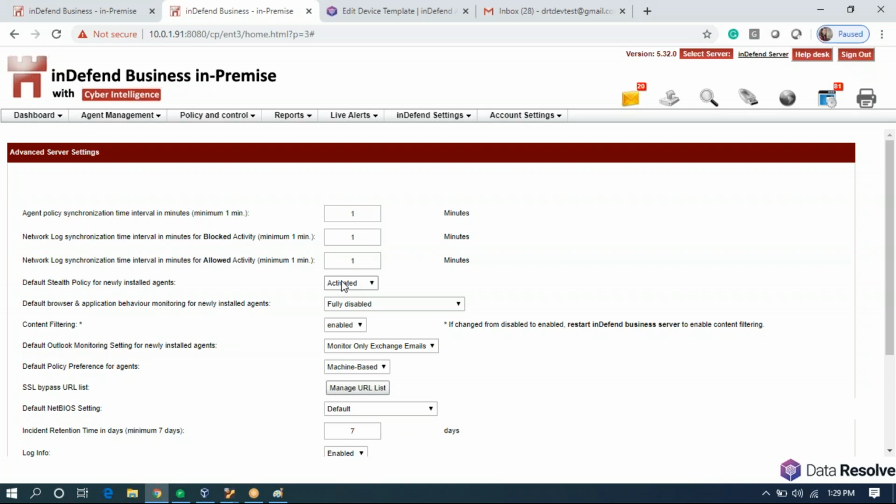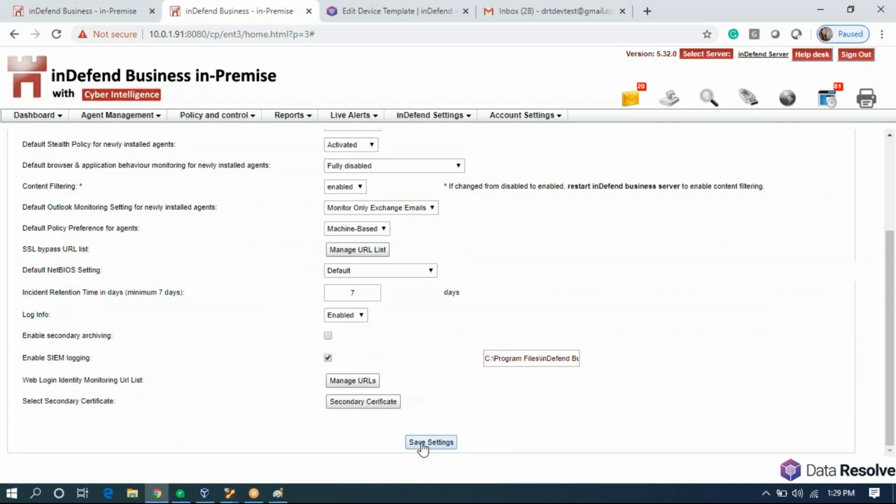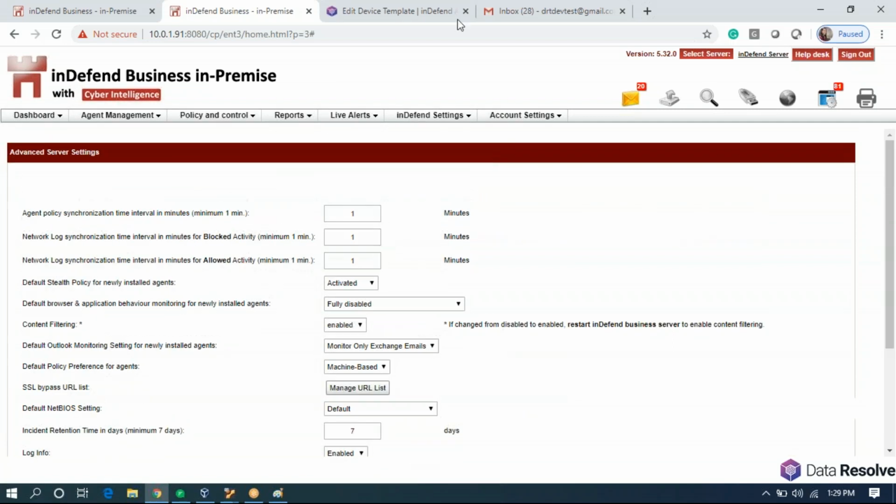So whenever you install an agent, by default stealth mode gets deactivated. However, if you would want to enable stealth mode for every agent which is getting installed, just activate it from the advanced server settings. So it will get globally activated. And you just save this template, save these policies.